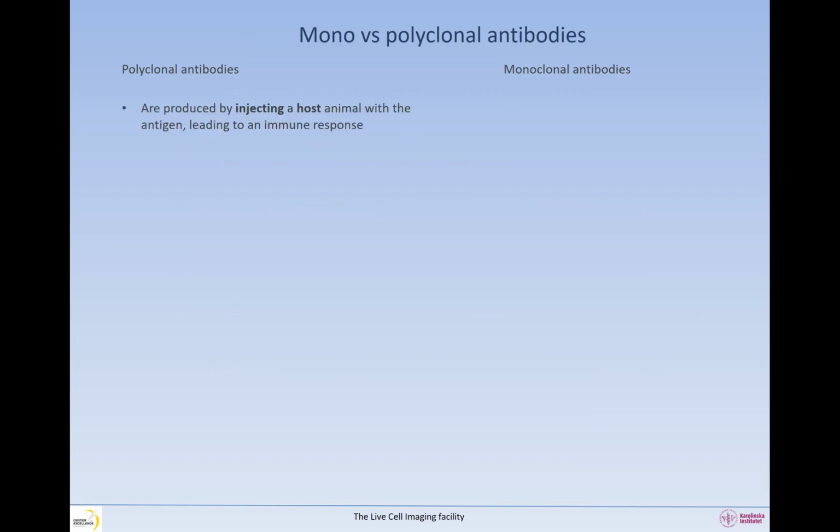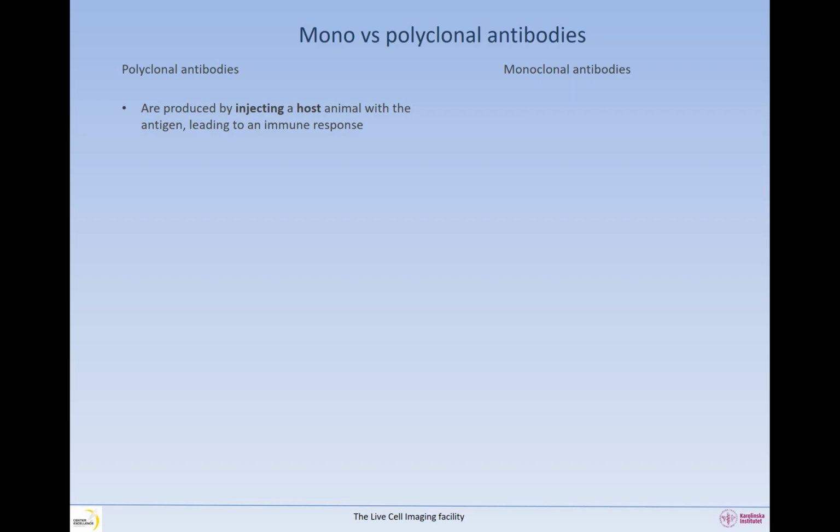The polyclonal antibodies are produced by injecting the host animal with the antigen that will lead to an immune response, and the antibodies are then extracted from the animal blood. Usually rabbit, sheep, and goats are the most commonly used mammals to produce polyclonal antibodies. Chicken are also used, and they produce